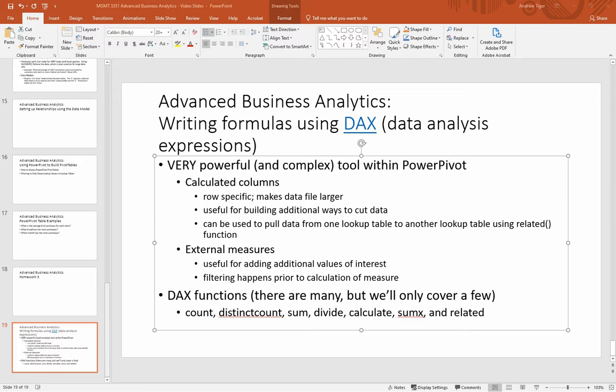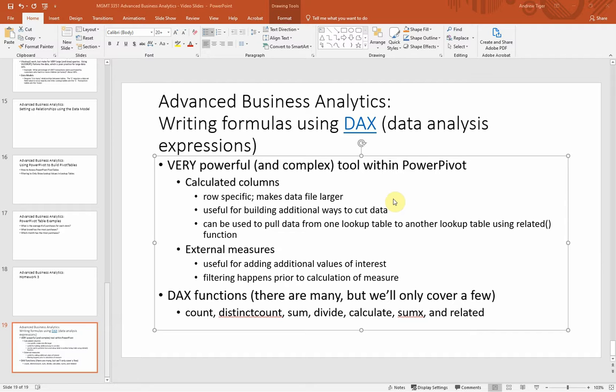Okay, in this section we move on to where we introduce you to data analysis expressions, or DAX formulas. DAX formulas are sort of like Microsoft Excel formulas. You can write expressions and reference functions, but they're unique to use within Power Pivot. And this is really what is going to give you the most power and the ability to do things when you're analyzing data. And highly recommend putting some effort into learning this once we are introduced to it in